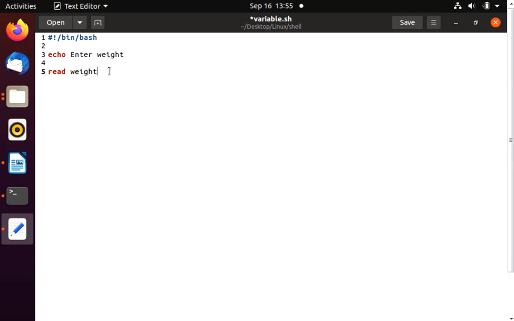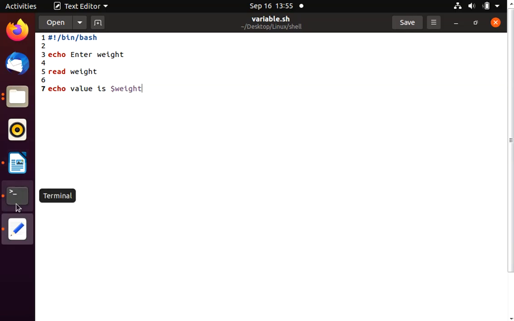Now we have read the weight, and we will again print that value on the terminal using echo: value is $weight. So it will print the user input on the terminal itself.